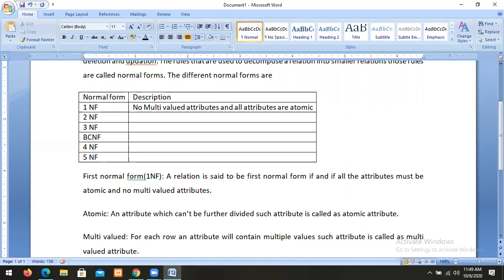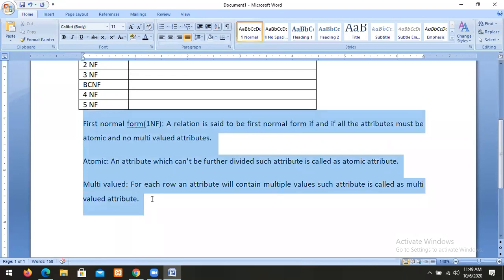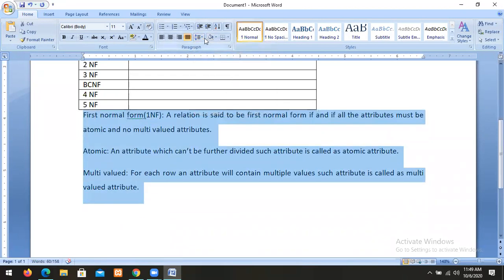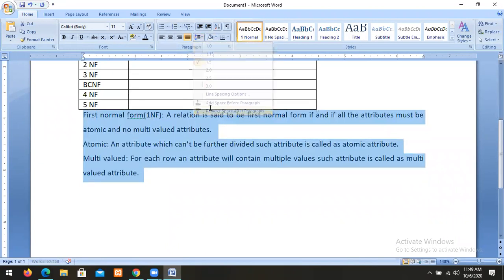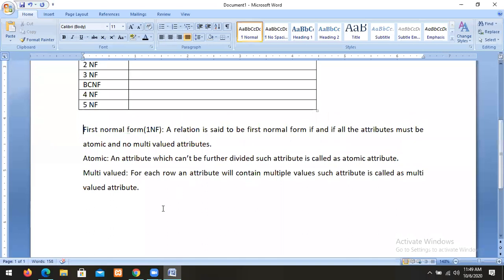So what is atomic? So what is multi-valued? A relation is said to be in first normal form if and only if all the attributes